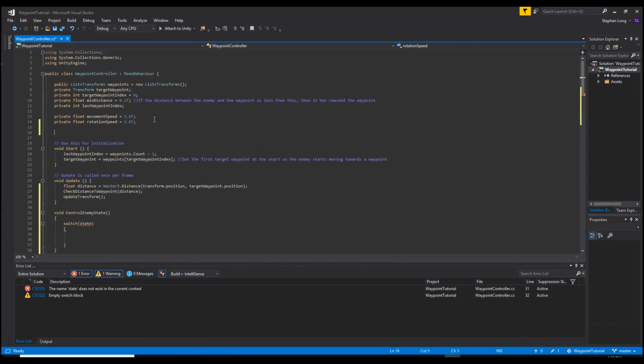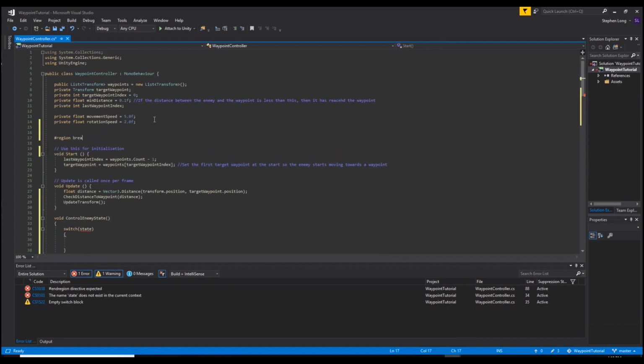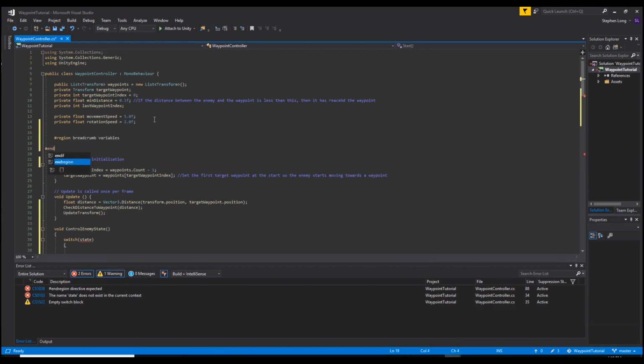Okay, so I'm just going to create a region here called breadcrumb variables. Just end the region here, just so it's a little bit clearer to see which these variables are related to this current tutorial and which the other ones then will be related to the last one. So let's create an enum. Let's create an enum called enemy state,